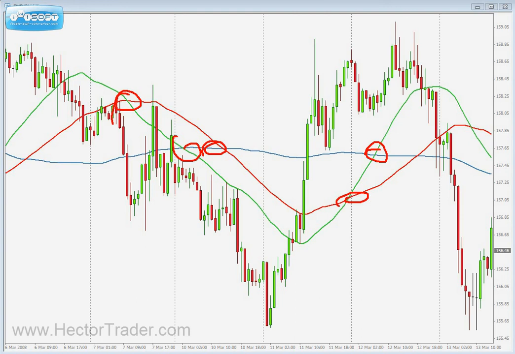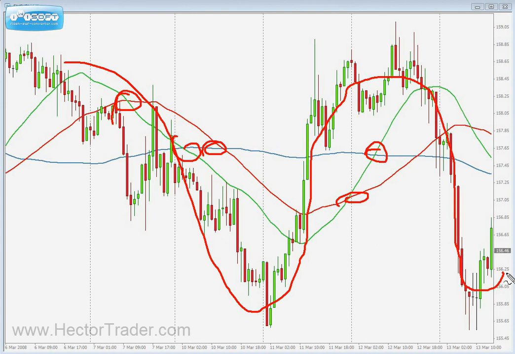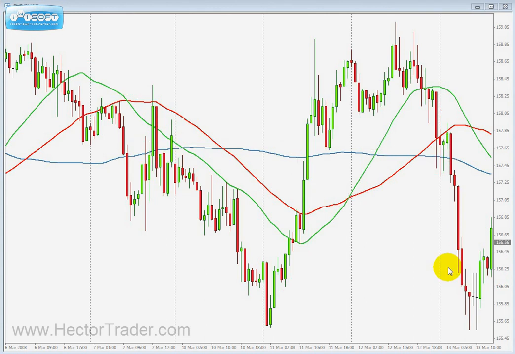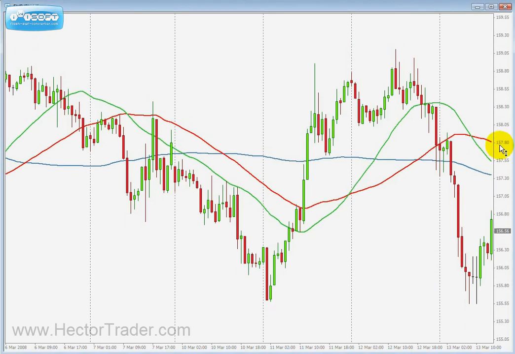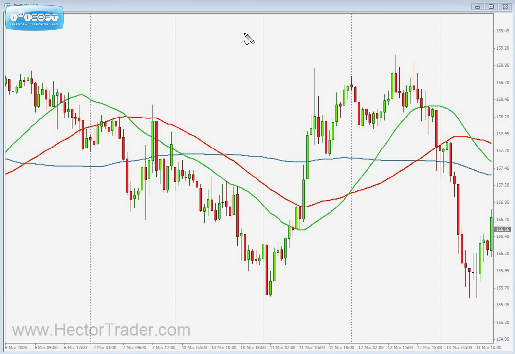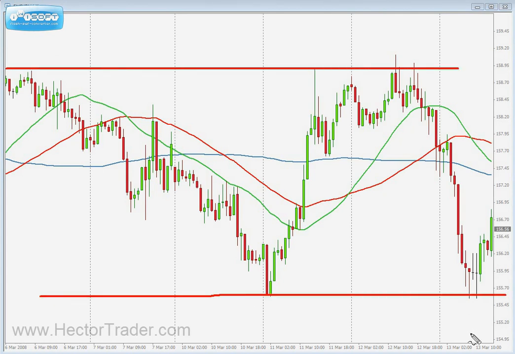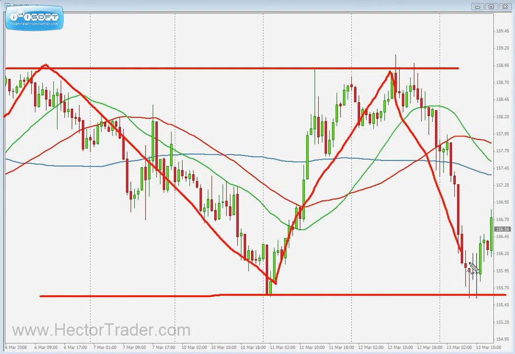Price is not respecting the dynamic area of support and resistance at all. I mean, price is in fact breaching above and below, breaking the 100 moving average a number of times throughout the chart. Whenever you see this type of price action, what you usually have is a ranging market condition. In fact, if I draw 2 horizontal lines, we can see how price has been bouncing